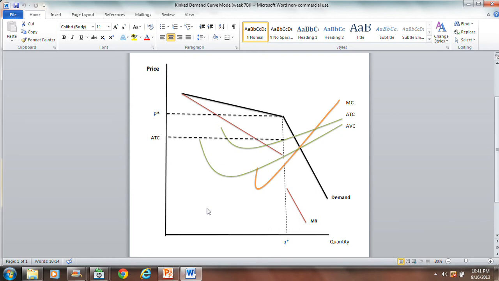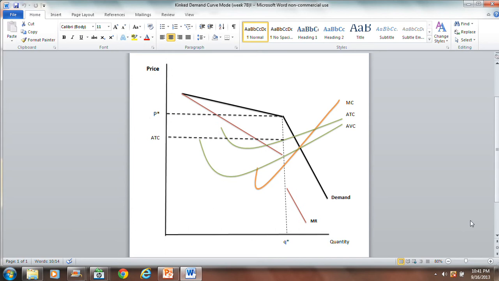Okay. An interesting prediction from the kink demand curve model is that because of the interdependence issue, because firms are reluctant to raise price and they really don't want to lower price, we tend to see a lot of price stability. Price tends to be relatively stable in an oligopolistic industry. In fact, one of the predictions of the kink demand curve model is just that, the price will be stable because the firms don't really want to raise price and they really don't want to lower price, and as a result, price tends to be somewhat stabilized.